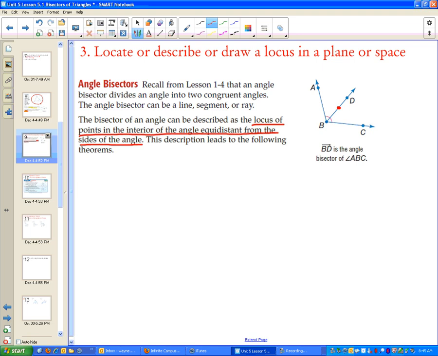It's not equidistant from any certain points. It's equidistant from the sides. Remember how we measure the distance from a point to a line. We measure it with a perpendicular segment. Remember we drew those in one day, and we were all like, wow, this is easy. So, to get the distance from that red point to side BC,